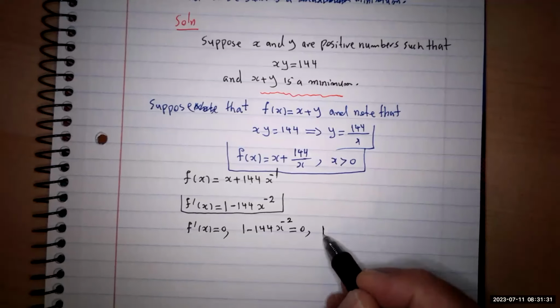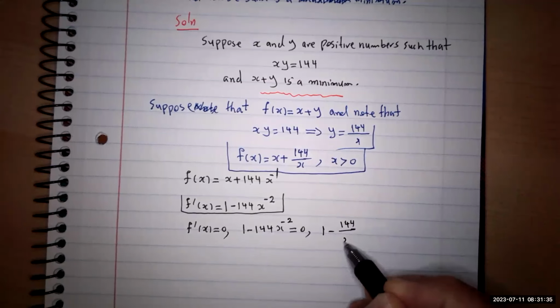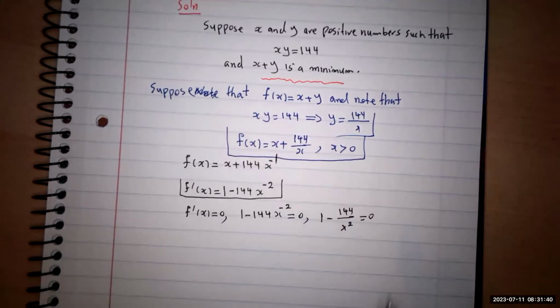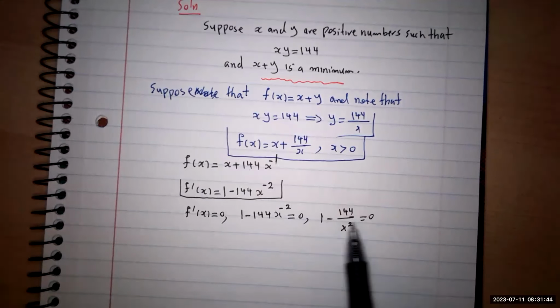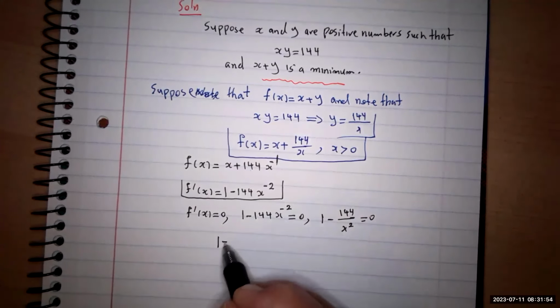That gives you 1 minus 144 divided by x squared equal to 0. You have to get rid of the denominator first. You can multiply both sides by x squared, or you can move it to the other side and use cross multiplication, which is more popular. So I move it to the other side: 1 equal to